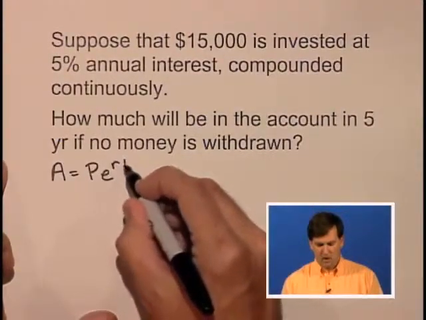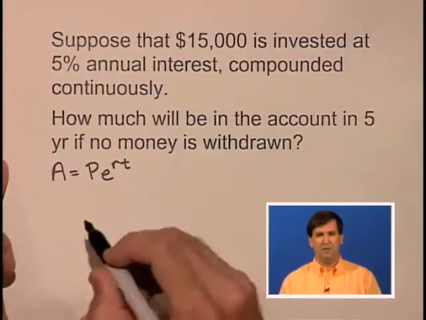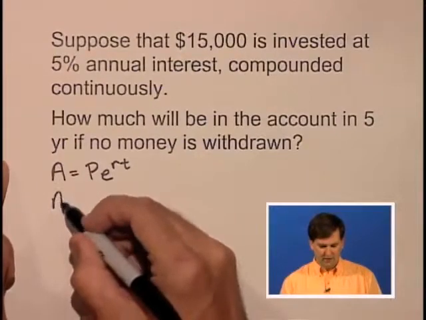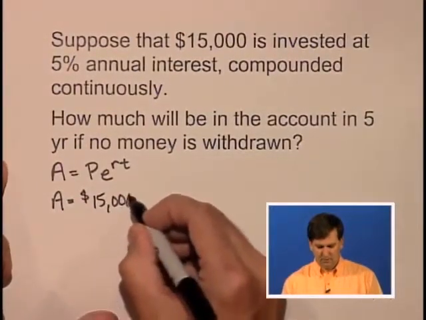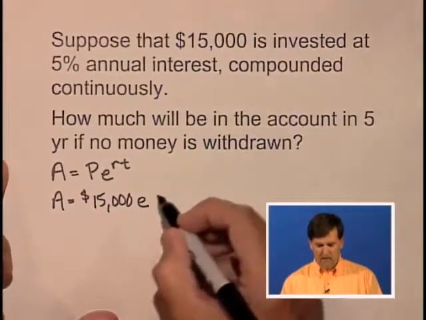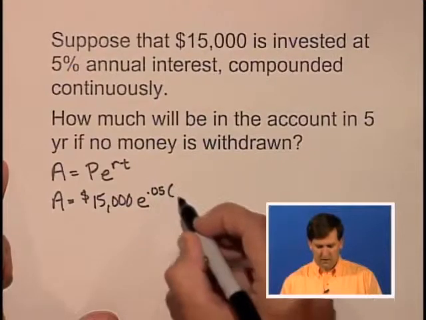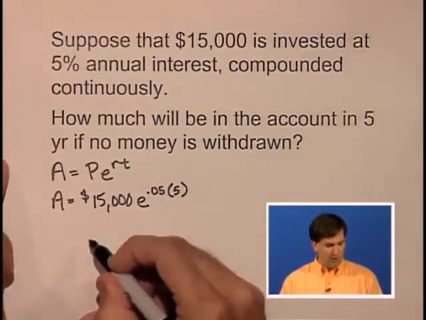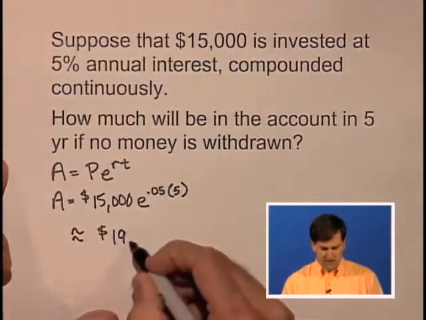A equals P e to the rT, where P is the principal, r is the rate, and t is the amount of time measured in years. So if we're talking about 5 years, then we're starting with $15,000, that's our principal, times e to the 5%, which is 0.05, times the number of years, which is 5 years. We go to the calculator to get this answer. We get